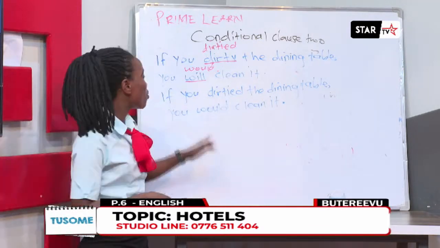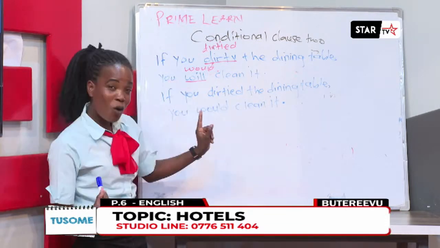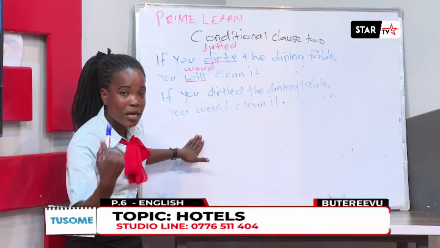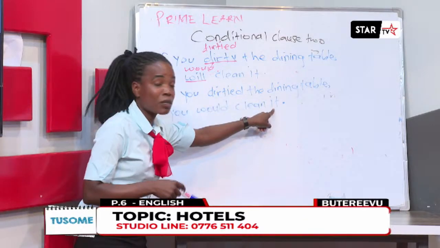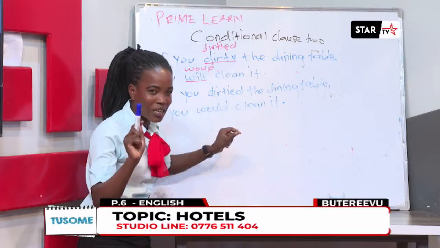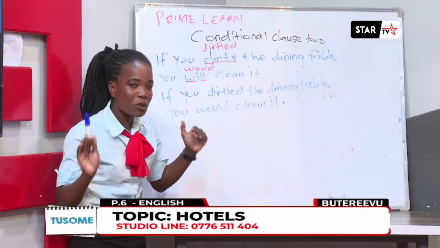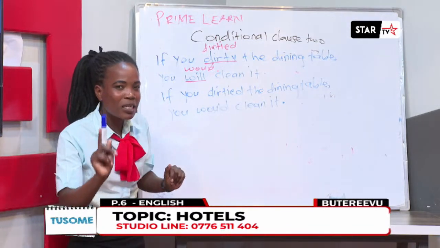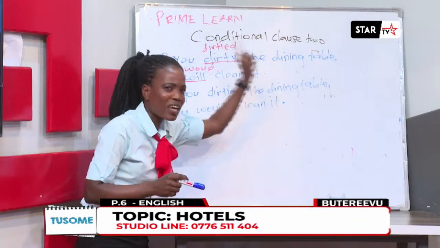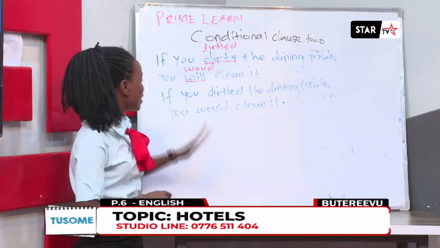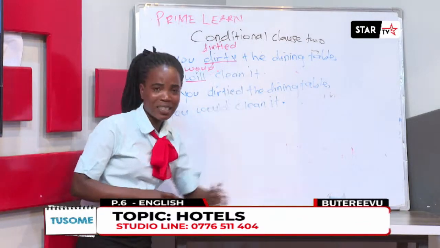No, dear. We can also use if within the sentence. If we want to use if within the sentence, what are we going to do? We are going to begin with the main clause. And we shall say that you would clean the dining table. You replace this pronoun it with the dining table. Note clearly that in case you are writing a sentence or two sentences having a noun and a pronoun, always give your first priority to a noun. Therefore, I cannot use it or a pronoun in the first sentence and I end with a noun. That would be wrong. Therefore, my answer will be, you would clean the dining table if you dirtied it.